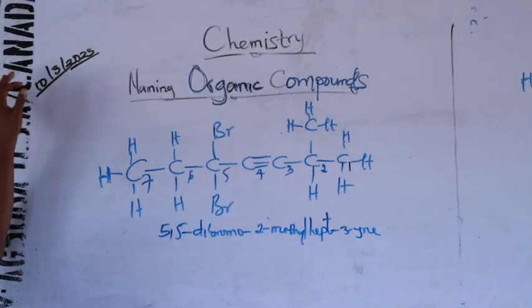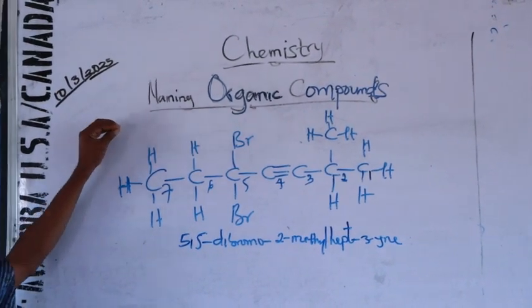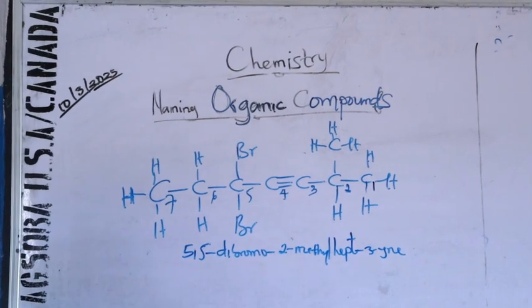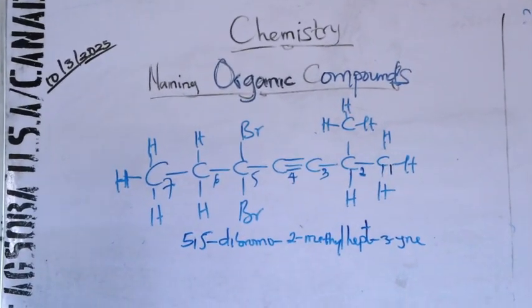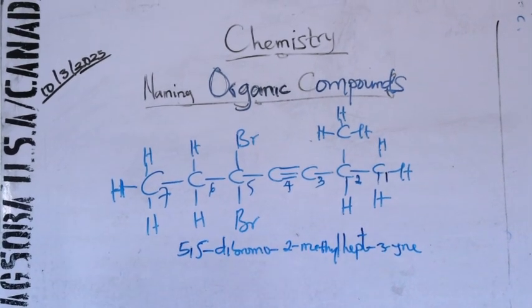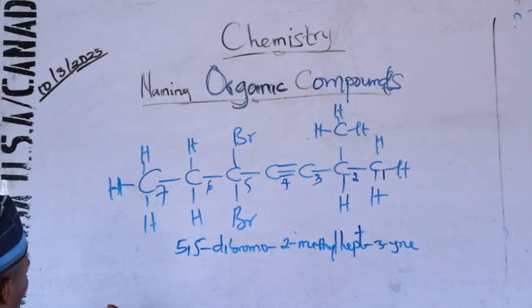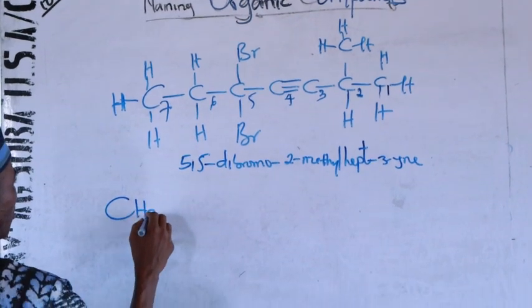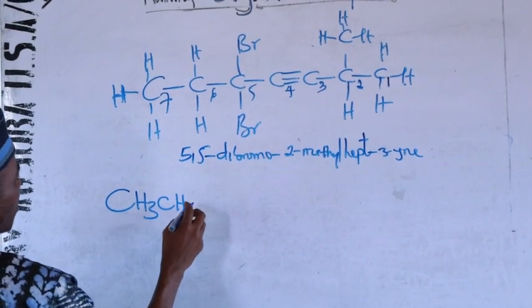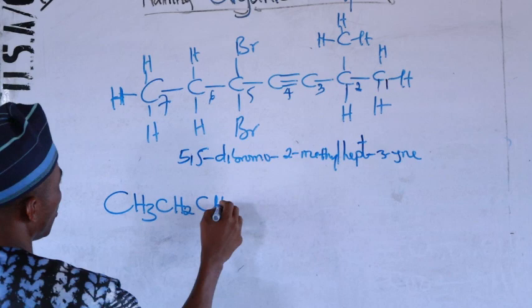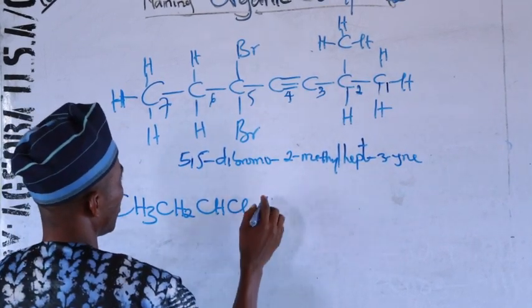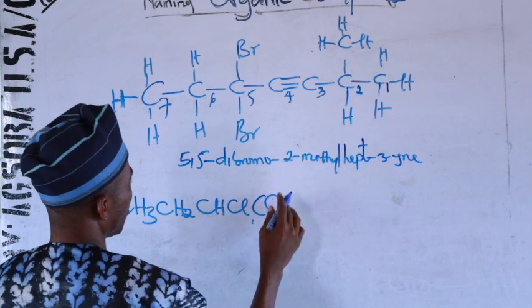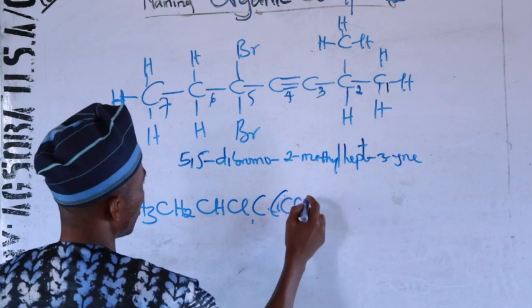You can see how the carbon atom is bonded to all other atoms. But you will be given in such a way that everything will be condensed together. For example, you may be asked to name the compound like this: CH3, CH2, CHCl, CH3,